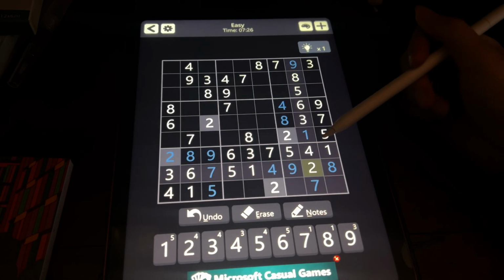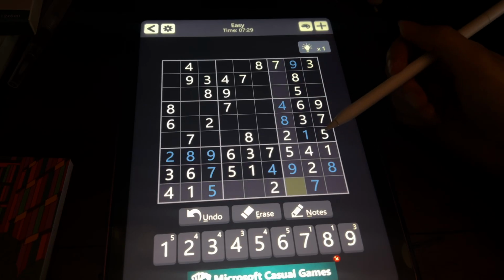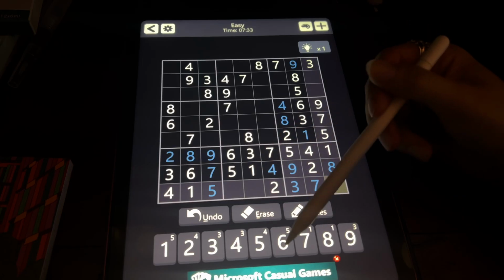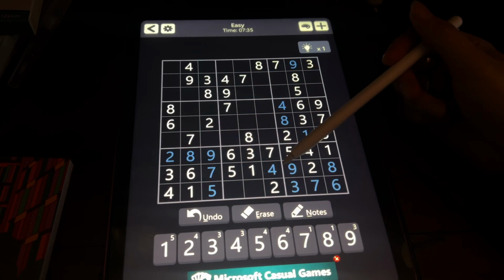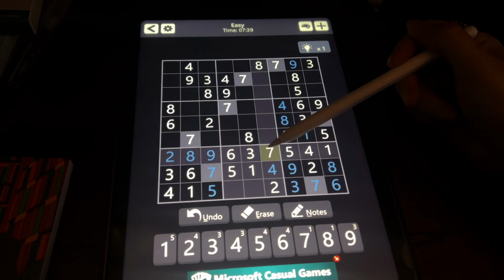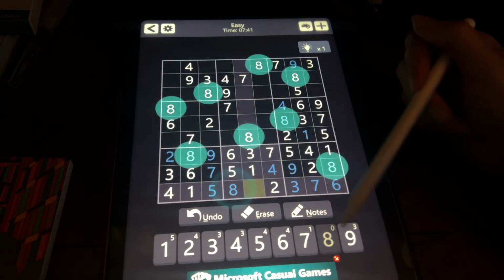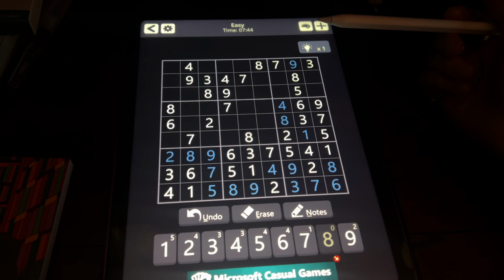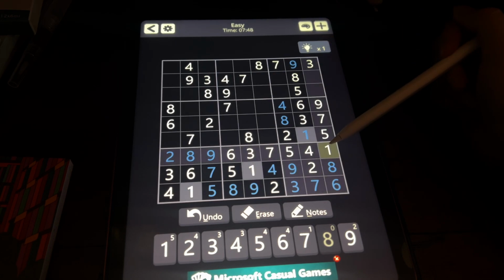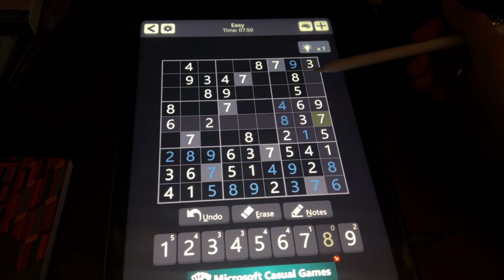1, 2. Okay, we need a 3, 4, 5, and a 6. And then to finish off this bottom one here, we've got 1, 2, 3, 4, 5, 6, 7, 8, and 9. There we go. Now let's do these ones up here. So 1, we need a 2,